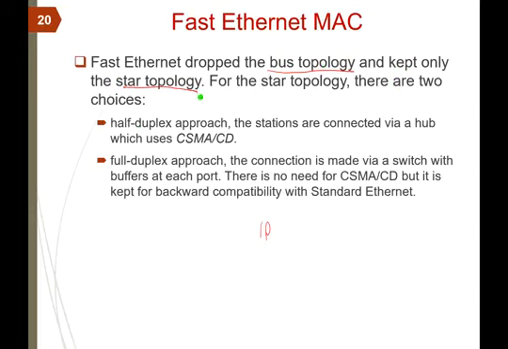There are two choices. If you use a hub, then you will use half duplex and you'll need carrier sense multiple access collision detection. But if you use a switch, then you can use a full duplex approach. In this case, it's not required to use carrier sense multiple access collision detection, but it's kept for backward compatibility